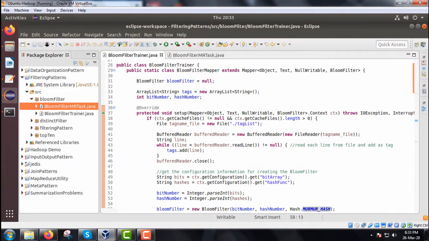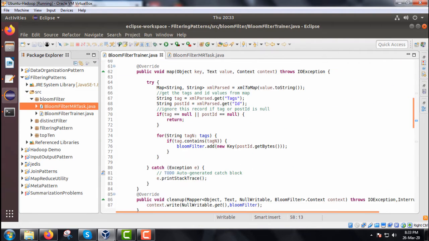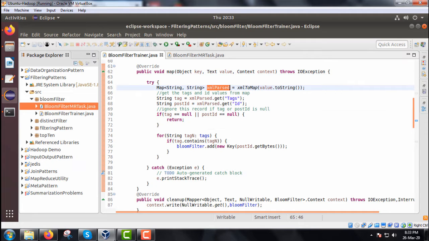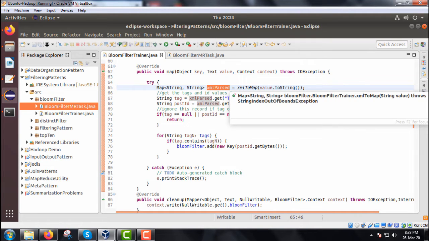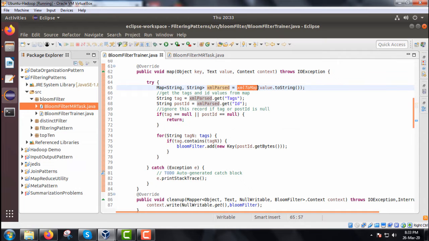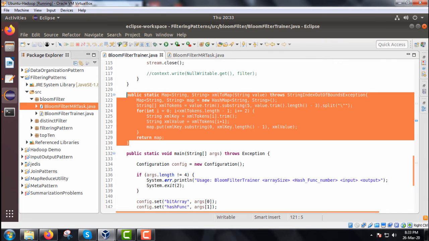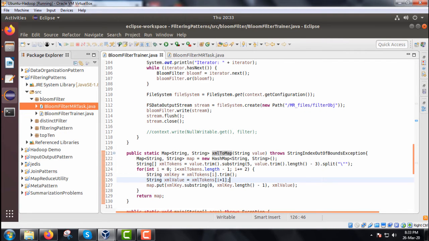So the respective method will be called here, which is overridden. As we have extended the Mapper class, here we are overriding the map method. This map method has one HashMap object, the XML parsed, which is initialized by the output of XML to map. XMLToMap is one method we have defined here. This method takes one XML as input and returns one HashMap object as output, and that will initialize the respective